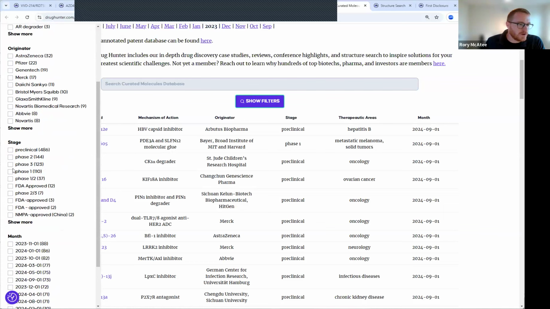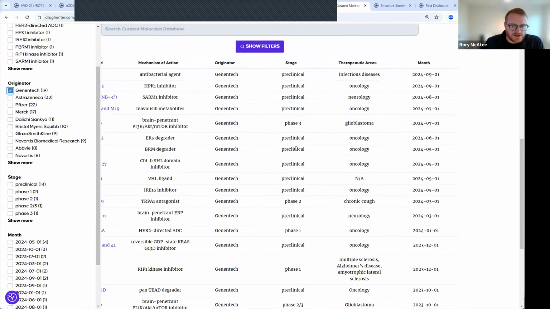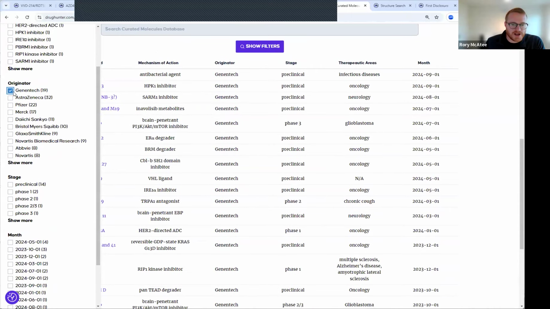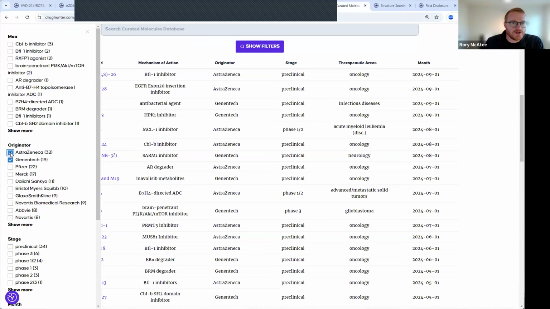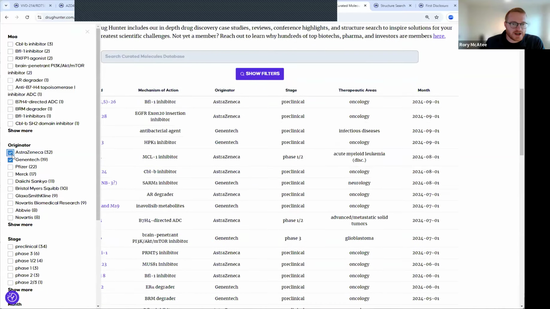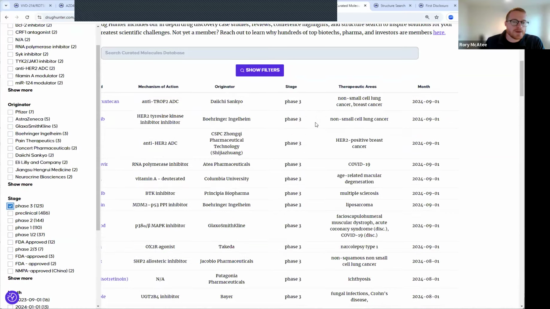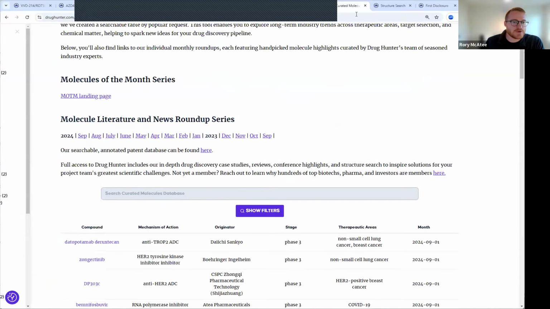We have these various filters on the left-hand side there that you can filter on if you're interested in keeping track of what Genentech is doing. You can filter by company and see what molecules they have published on recently. And so this gives you, again, the ability to track trends in the industry, what companies are doing, and where they're perhaps moving in the future. So this is a really awesome tool to use to keep track of things and to get more inspiration for your programs. So if we just go back to that landing page then, Dennis, or the September 2024 Molecule of the Month article,